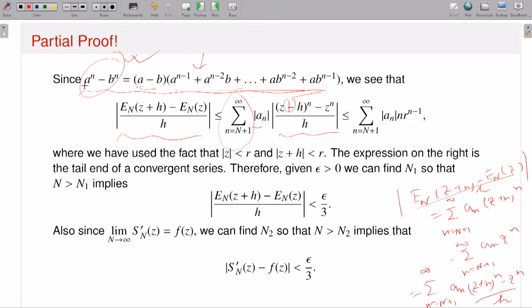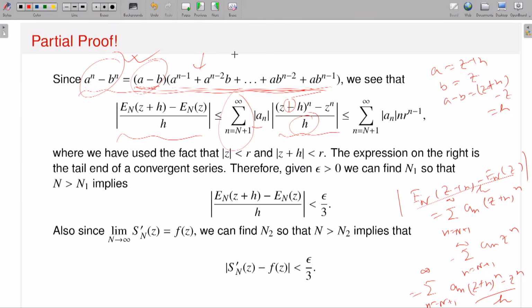If I have two numbers a and b, a to the power n minus b to the power n, we will have this factor. Now you see, if I take the difference a minus b, what is my a here? Here my a is z plus h, and my b is z. So what is a minus b? That means z plus h minus z, so one h factor will come out from a minus b, and in the denominator you will have one h. So that h gets cancelled, and what will remain is this object.